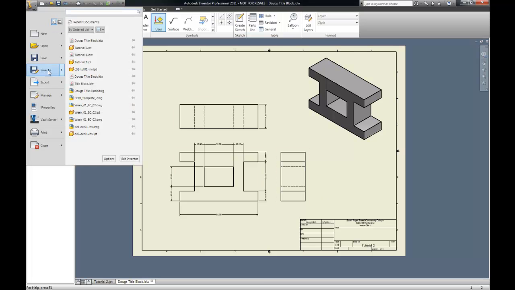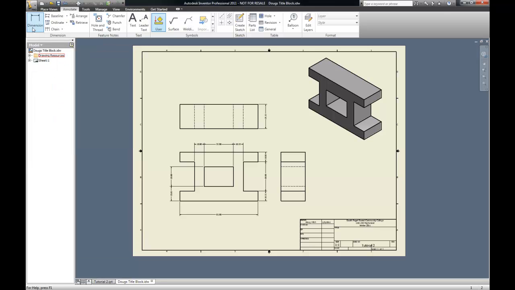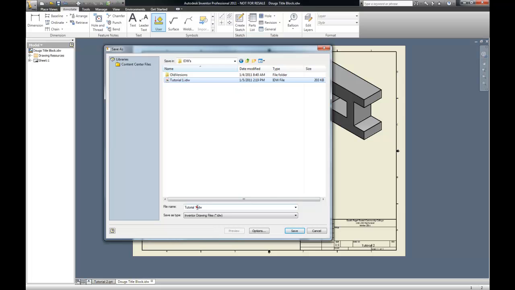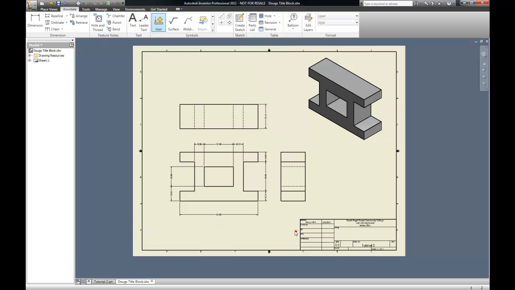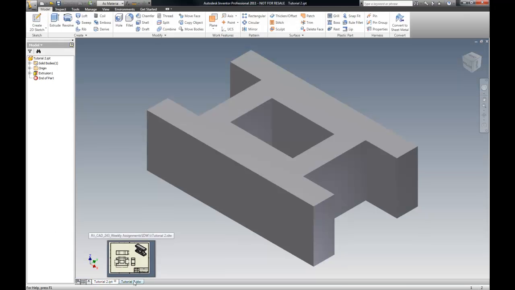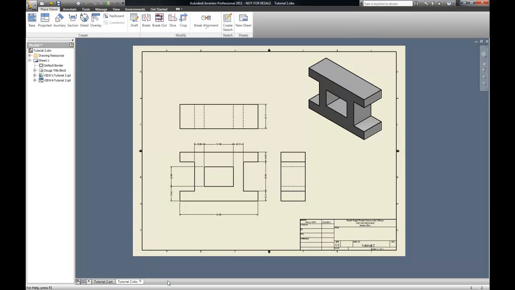So I'm going to go File, and I'm going to go Save. I'm going to go File, Save As, and I want to put this in my IDW, and I'm going to go pick that right there and change it to, oops, and make sure you have the period behind it. Okay, there we go. Okay, so we got tutorial 2 IPT, tutorial 2 IDW. Okay,